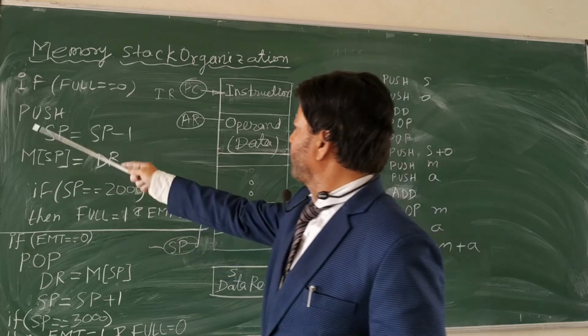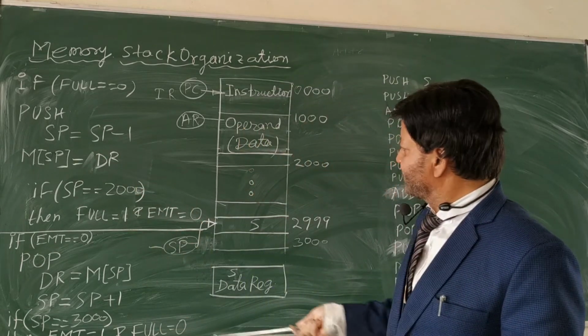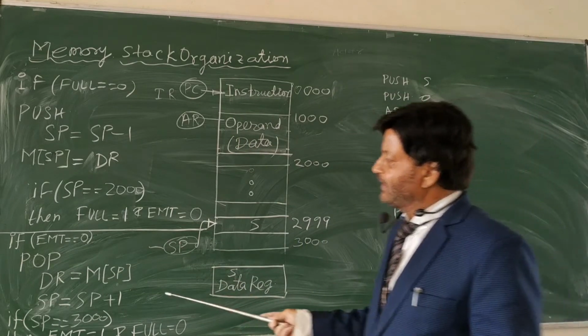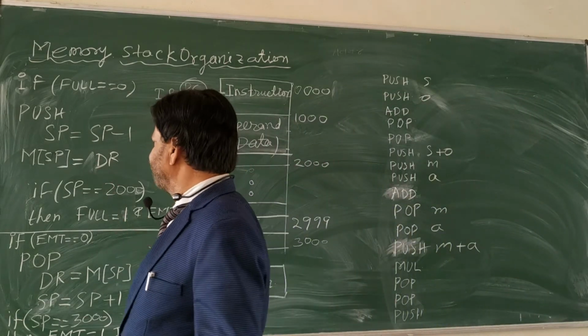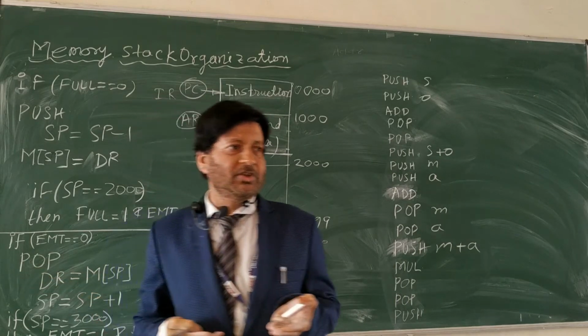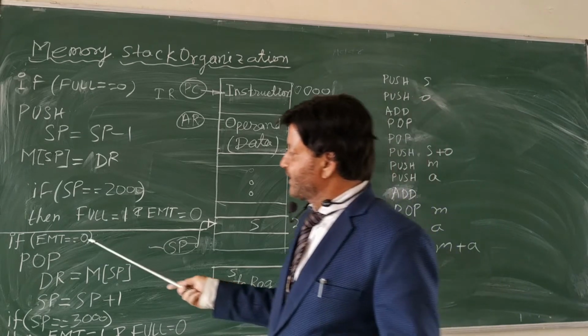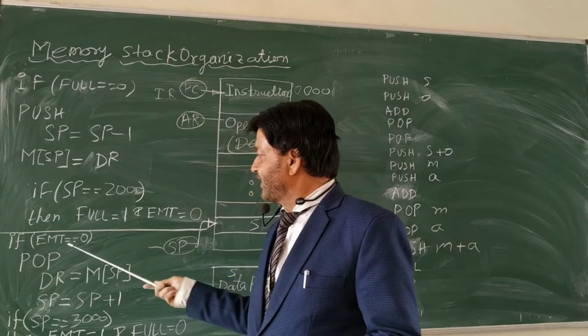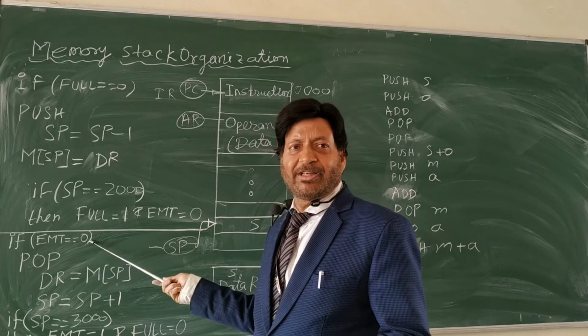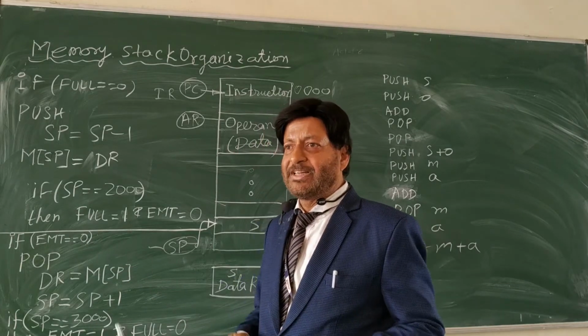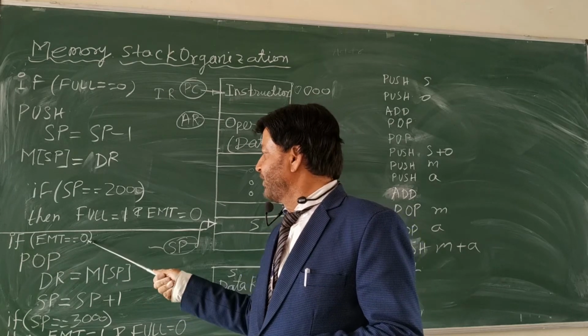Now this is the code for the push operation. Now we'll check the pop operation code. You can retrieve things from the stack if your stack is not empty. If your stack is empty, you could not retrieve the data. So first we will check if your stack is empty. If it is empty, then empty will be set to 1. Otherwise you get the empty value 0.